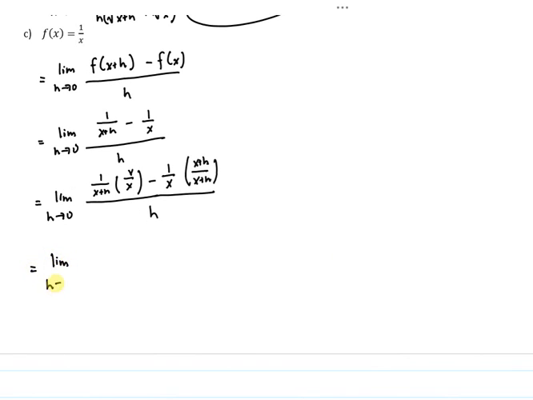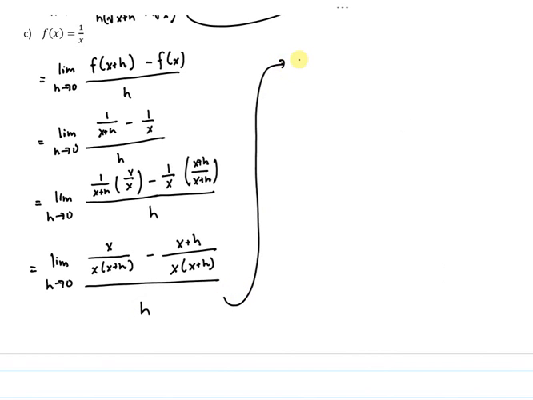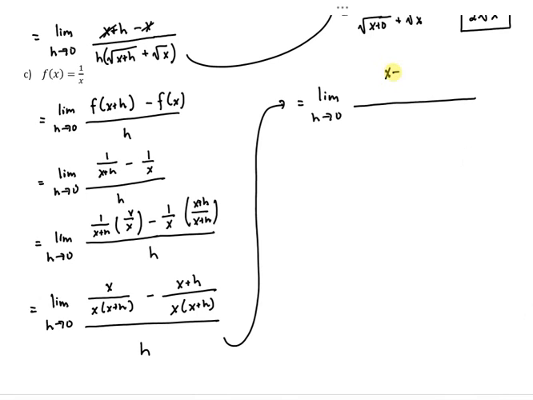This is the limit as h goes to 0 of x over x times x plus h minus x plus h over x times x plus h, all over h, which is the limit as h goes to 0 of x minus, can't write up there, x minus h over x times x plus h, all over h. My x and my minus x cancel, so I get negative h over x times x plus h, all over h,